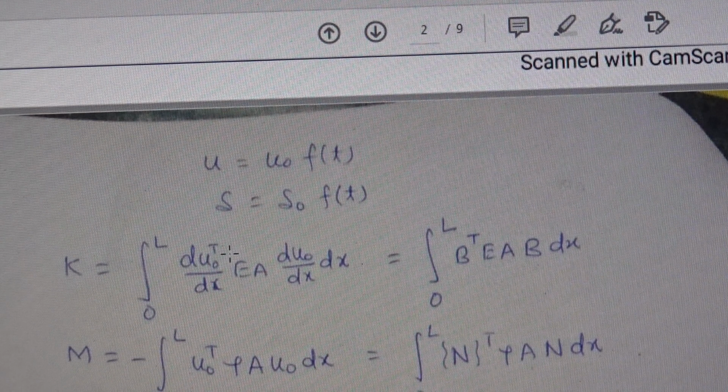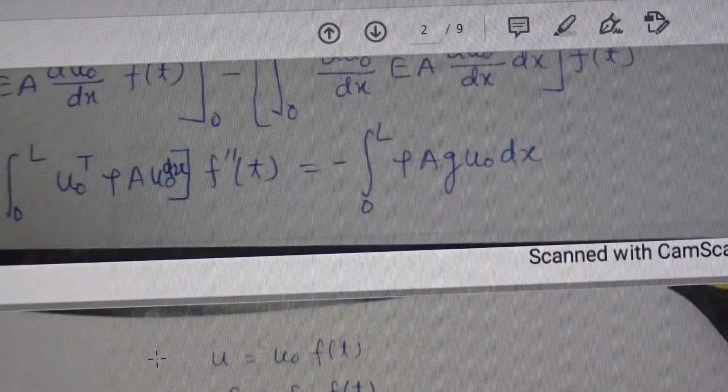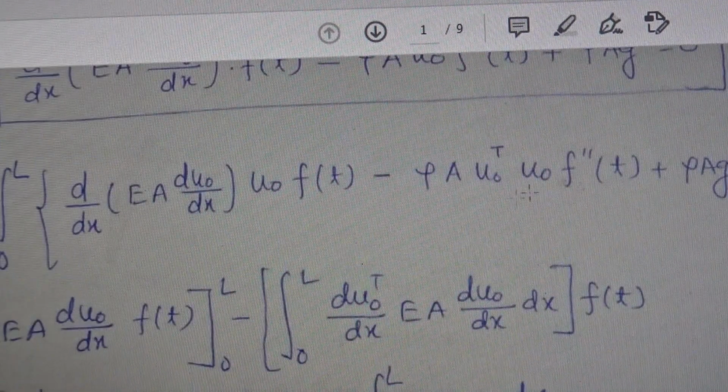So integral 0 to L of d u naught transpose by dx E d u naught by dx is equal to, in terms of the B matrix, B transpose E A B dx, and for m, here, this term